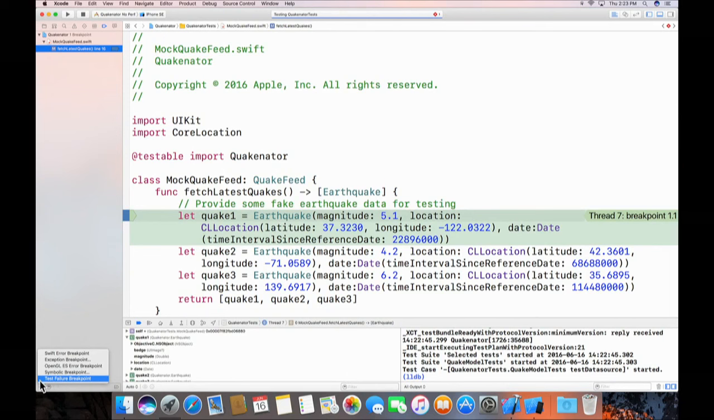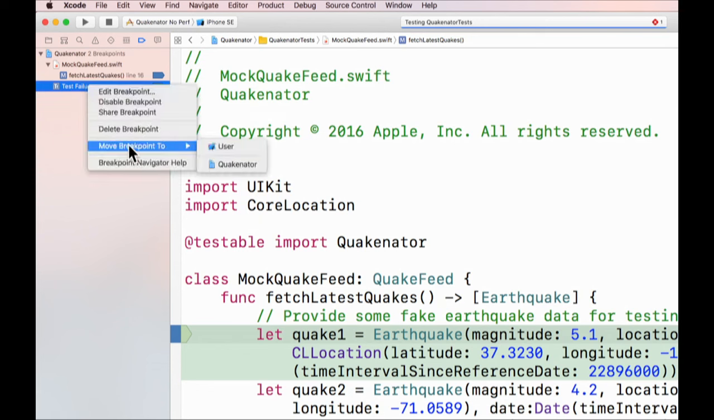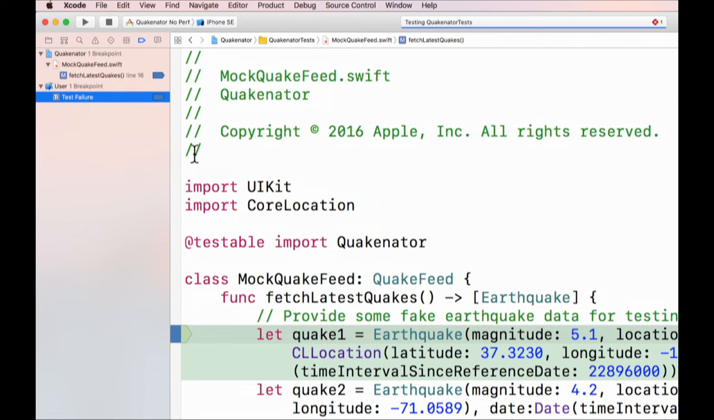If I find that there's a certain breakpoint that I always want to have, like, say, a test failure breakpoint, I can make it available in every project that I work with, simply by selecting the breakpoint after I add it, bringing up the contextual menu, and choosing Move Breakpoint to User. This moves that breakpoint to my user breakpoints and makes it available for me no matter what project I'm working